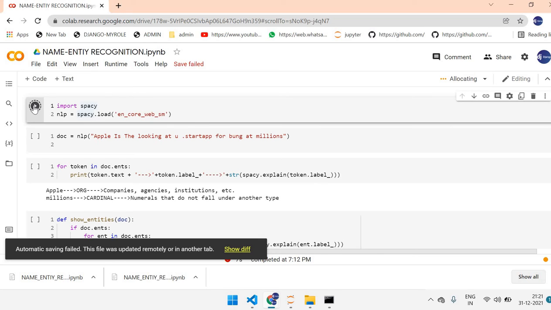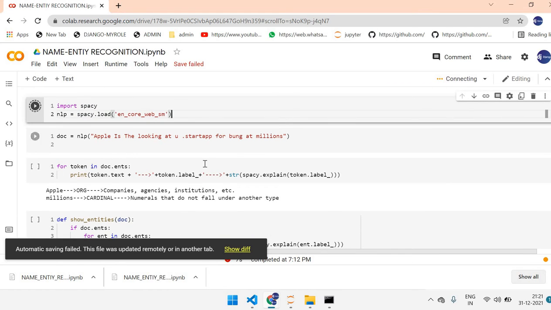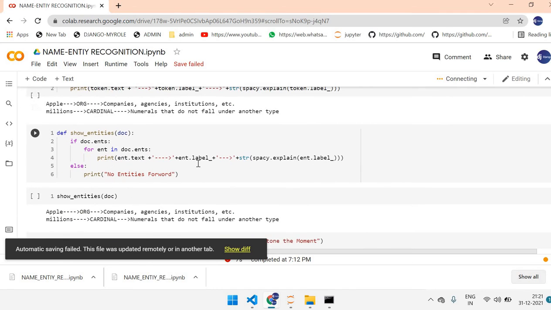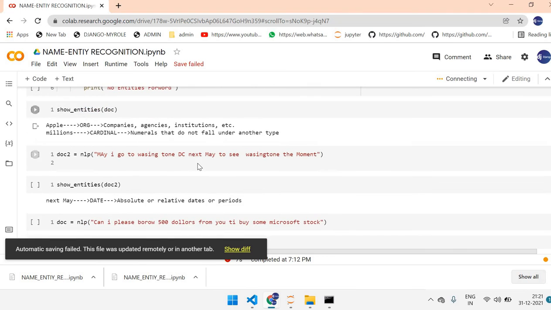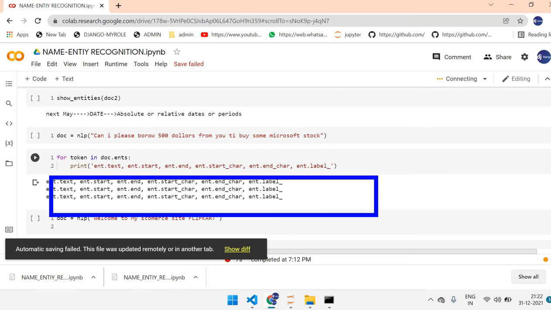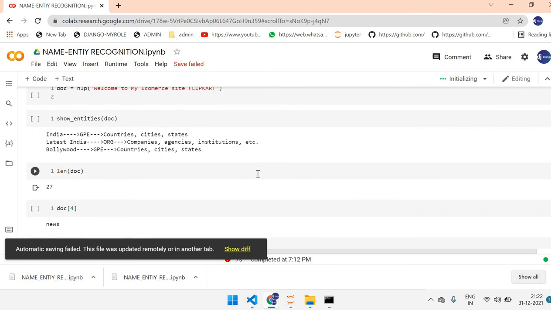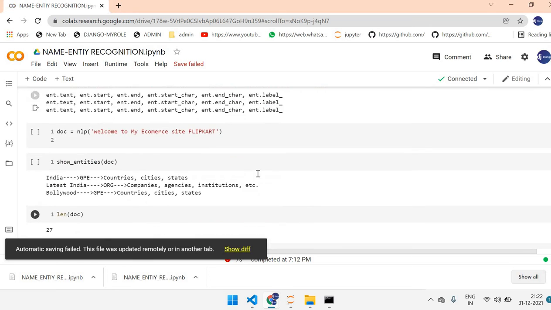This is a time taking process because there is no data properly available, so we need the data process. Check it one by one. If there is any error, you will get the error output here. Don't worry, there is no error. So this is the NLP process.